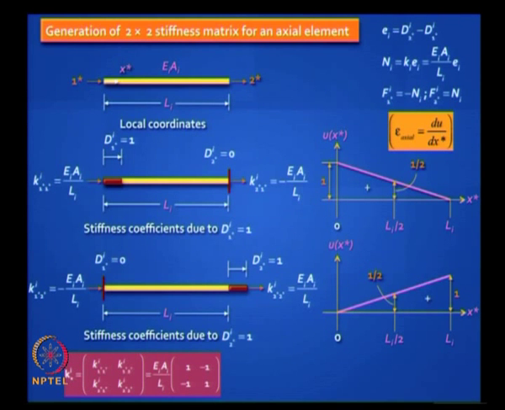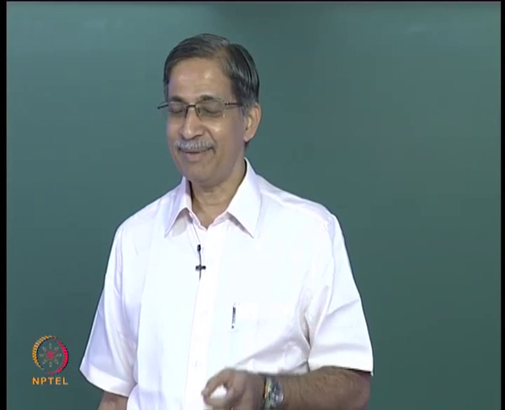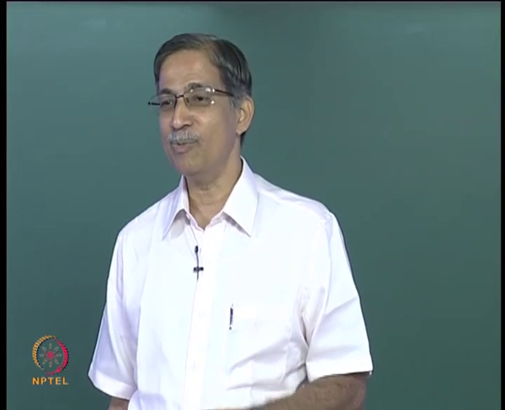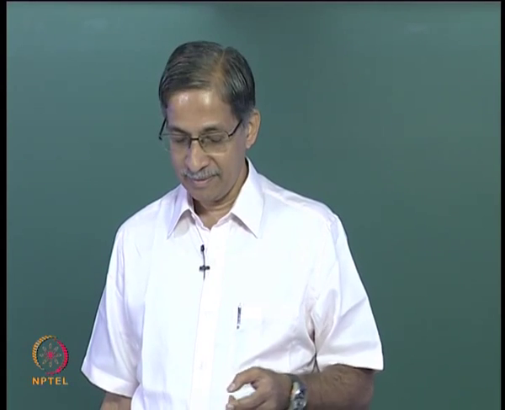That is another way of saying it is singular. She says the determinant is equal to 0, that is right. Why is the determinant equal to 0? Because the rank of the matrix is only 1. Why is the rank only 1? Because the forces are not independent, because this element cannot resist any load unless you arrest some degree of freedom, right. You catch hold of one end and then pull the other end, then the system is stable. So there are many ways of understanding what is mathematically apparent.